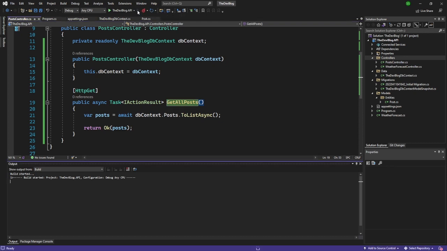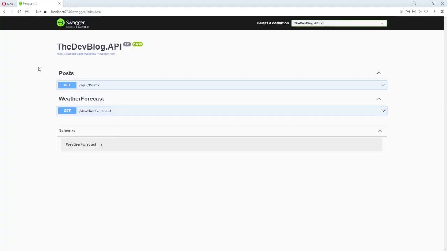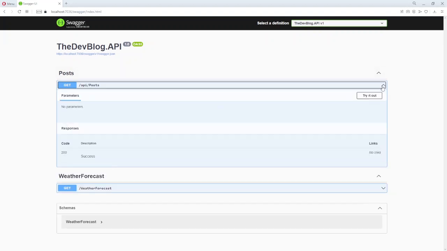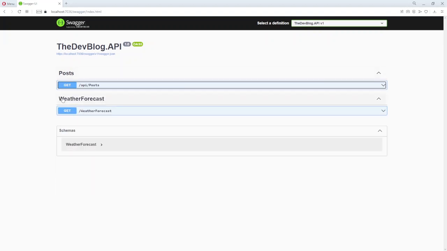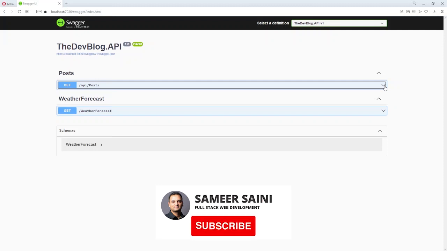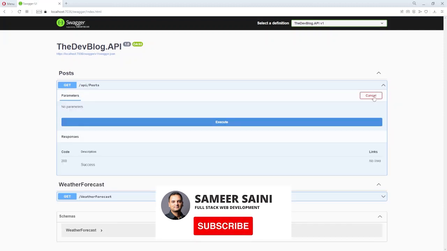So we will have to define the HTTP GET attribute for this getAllPosts method. And I will run this again and come back to my browser. And as you can see now, it's all resolved. So now we have, apart from the weather forecast controller, the posts controller, which is the posts endpoint, and we have the get method to get all the posts. If I expand that and click on try it out,